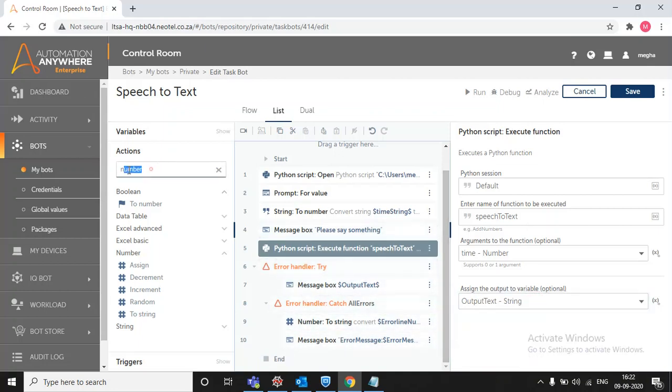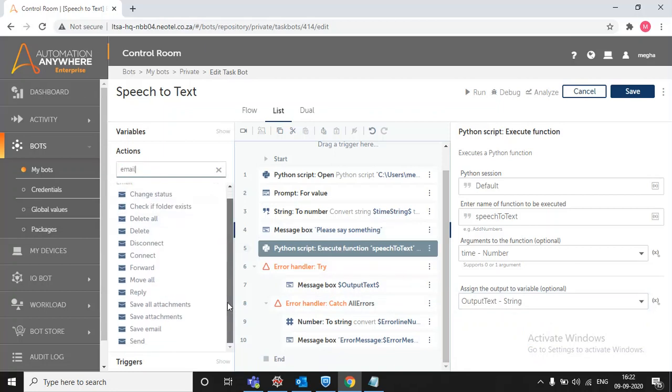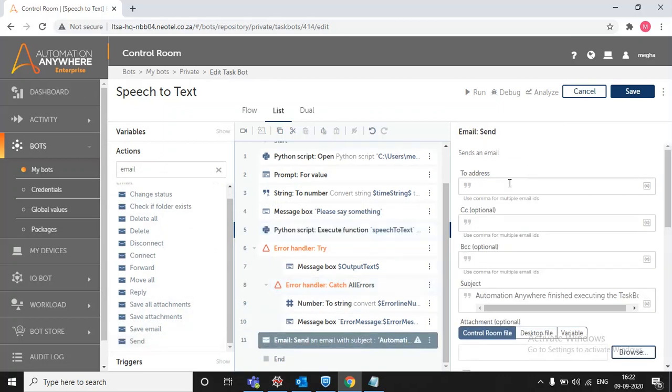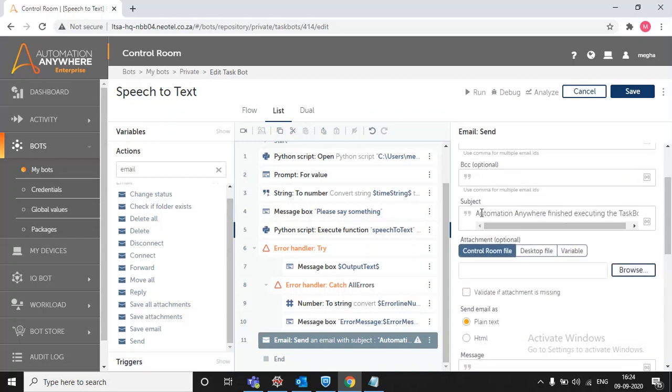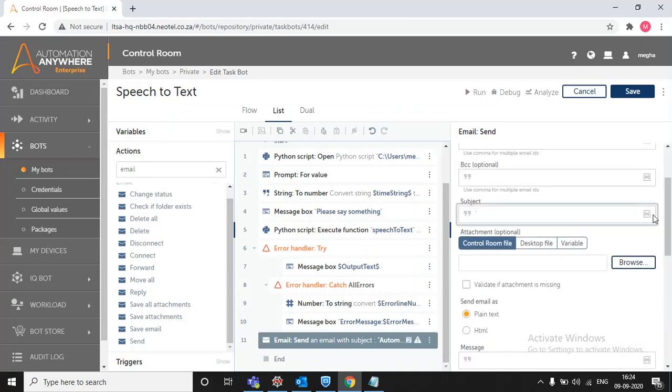Suppose I want to send this text in an email, so I'll use the send email option. Here I can give my email ID, and you can also give any subject, like speech to text output string.